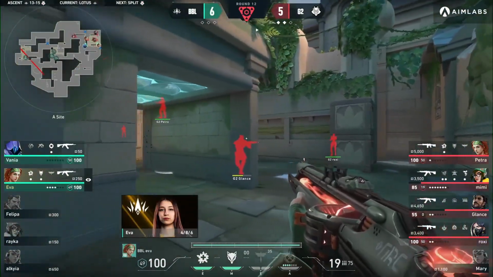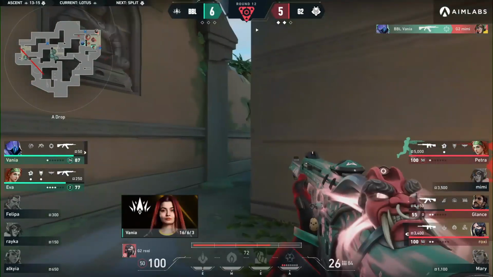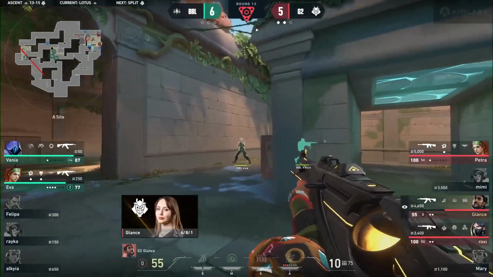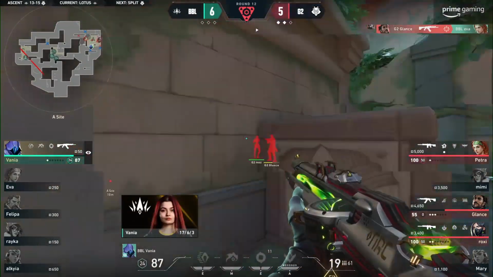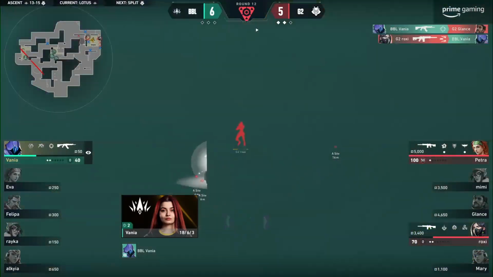Van is still standing, so there's still danger to this. Eva looking for that first pick, but Roxy just toying with her, buying the time. Vania does find success towards Mimi, working them down one by one, but the time is going to be ticking. They have to get a move on, and Glance isn't allowing it to happen. And now just Vania, the superstar from before, needs...